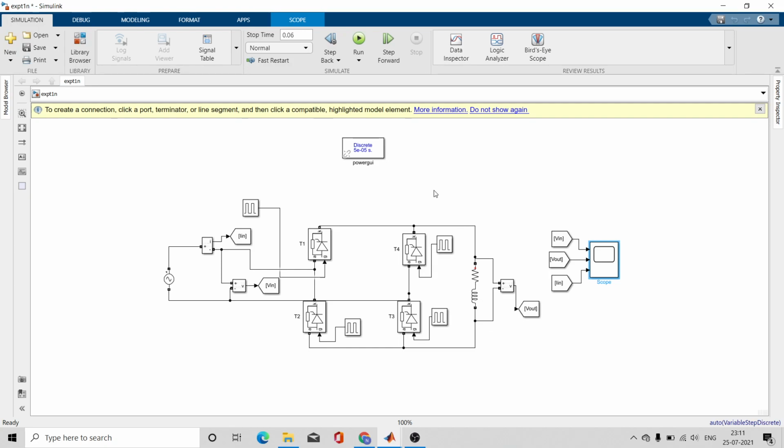Okay, so this is a very important thing. How to see the harmonics in this rectifier or any kind of rectifier, any kind of supply. In MATLAB Simulink there is a function called FFT analysis, fast Fourier transform analysis, where you can analyze how much harmonics are there in your supply current or voltage. But firstly we are concerned with the current.